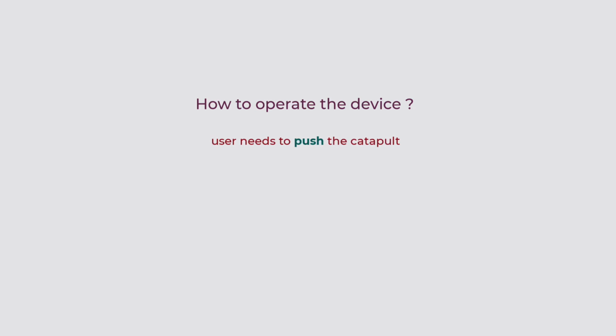The next question is, how do you operate the device? Initially, we can think the user needs to push the catapult to prepare it for throwing. However, let's focus on the term push. Using the word push makes the description quite specific, excluding the possibility of operating the catapult by pulling a rope